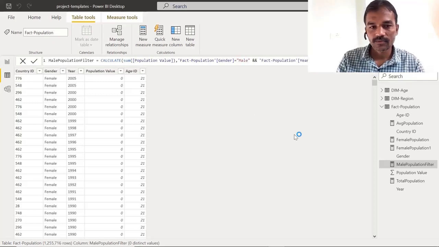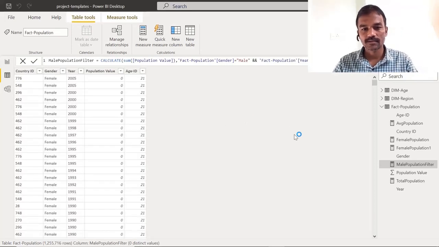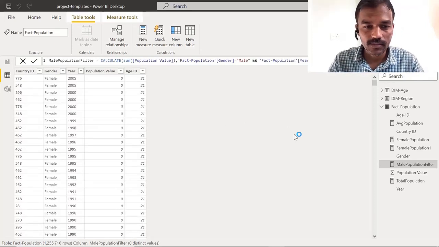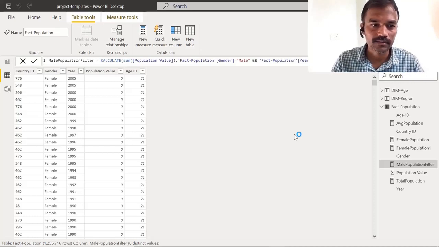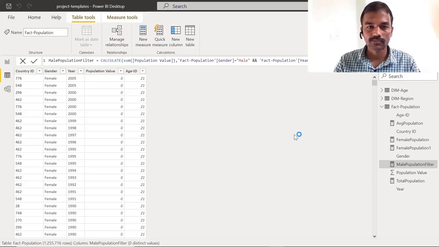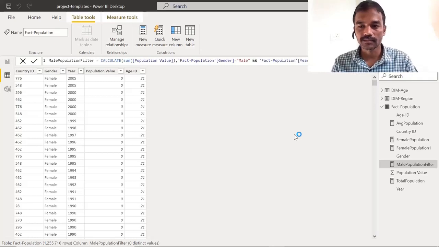So this is the way we can do it. It is not the ideal thing, since we don't have other options to copy the measures, but this is the way we can do it as a workaround for copying measures. So this is one thing we wanted to see. Now there is another thing I wanted to show you about dependency. These two measures do not depend on each other.